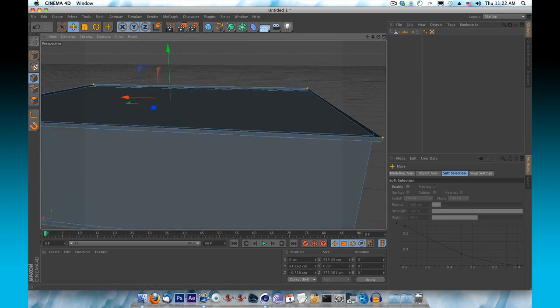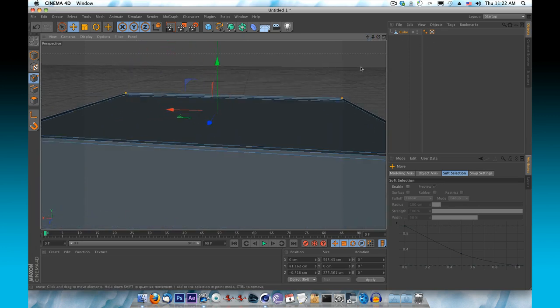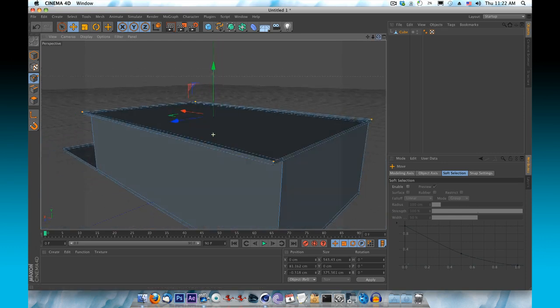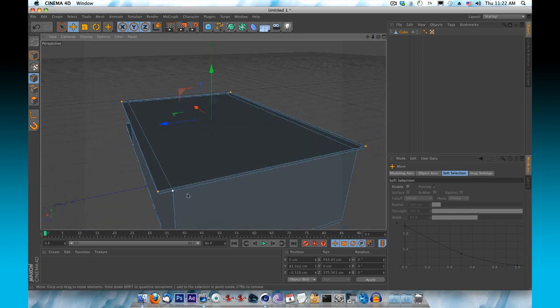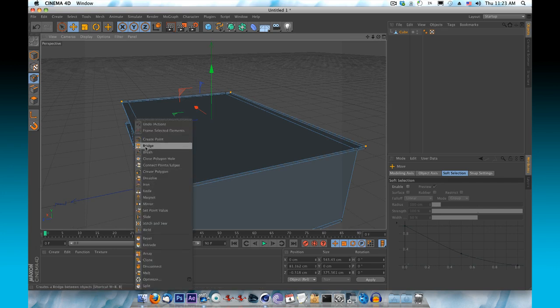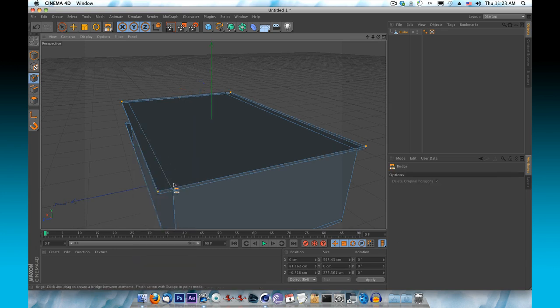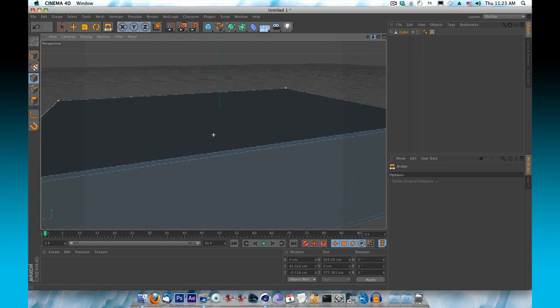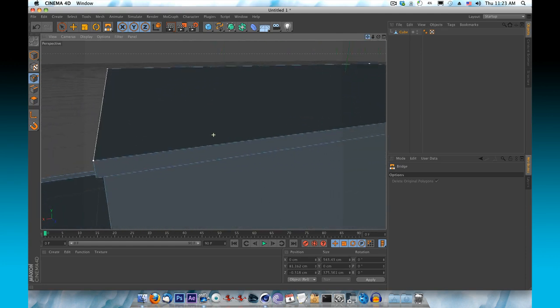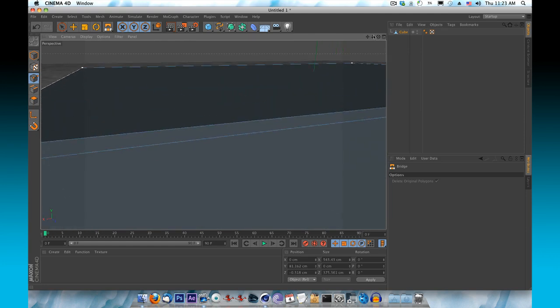Okay. So what we're going to do now is press control click and drag. Actually, we're going to bridge these. So while you've got them all selected, right click, choose bridge from your menu, and we're going to select one, go to the next, select the other, and go to the next. Make sure we got all the top ones. Just need to zoom in to verify that. Sometimes you get ones that are close and you get the unintended